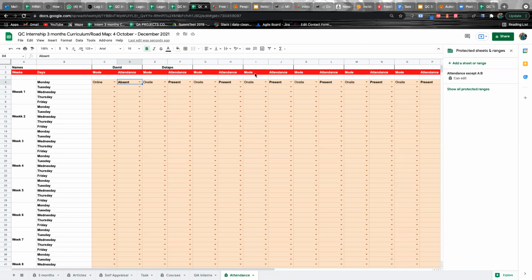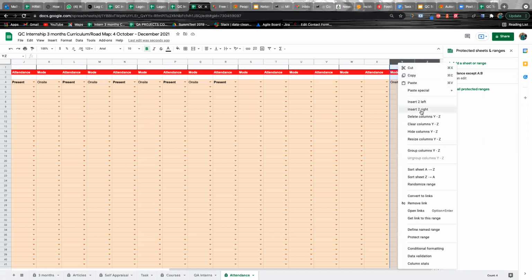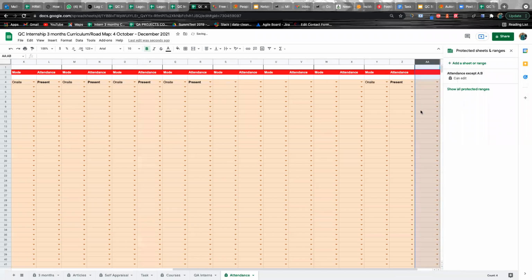As explained earlier, if by chance the column is filled up, you can come up here. Because this sheet has 2 columns, mode and attendance, you have to click on both, then right click on it, then insert right.